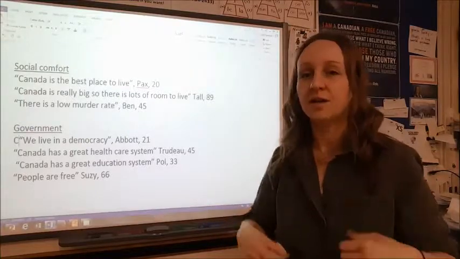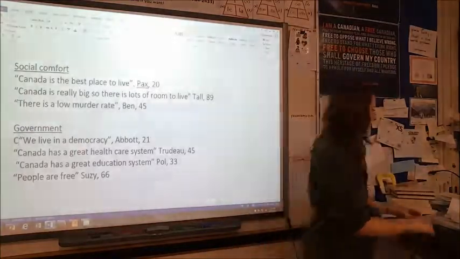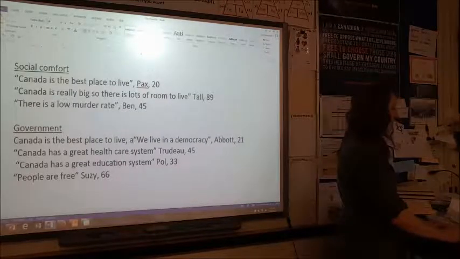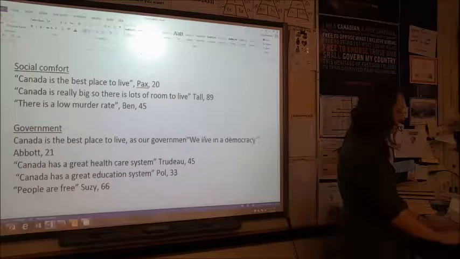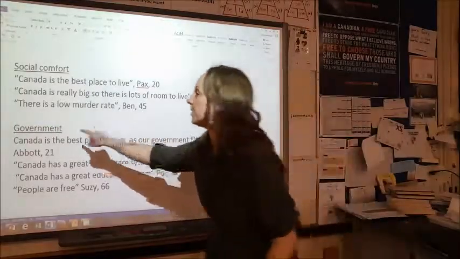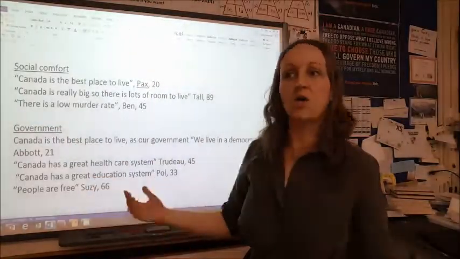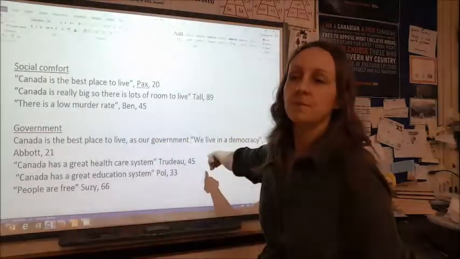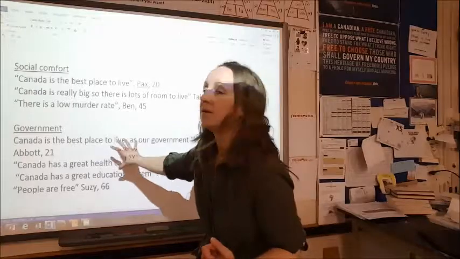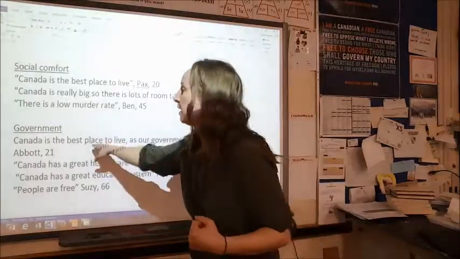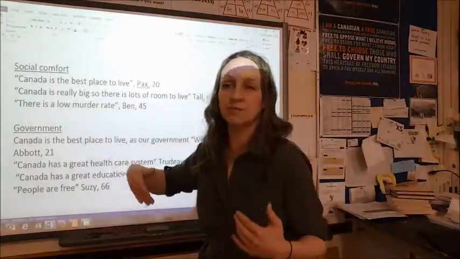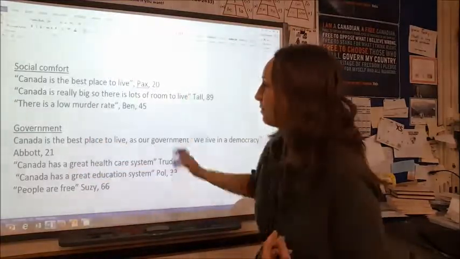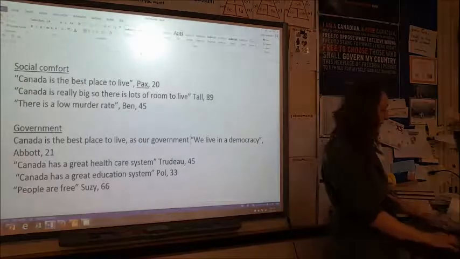Yes, I'm just going to come out and make a statement. I'm going to say, Canada is the best place to live as our government, because I have to talk about the word government so that my reader knows that's the topic of this paragraph. If I start with talking about democracy, they might think my whole paragraph is about democracy. So this has to be the introduction to the paragraph. Even before I deal with these facts, I have to let them know what the topic of my paragraph is. So Canada is the best place to live as our government